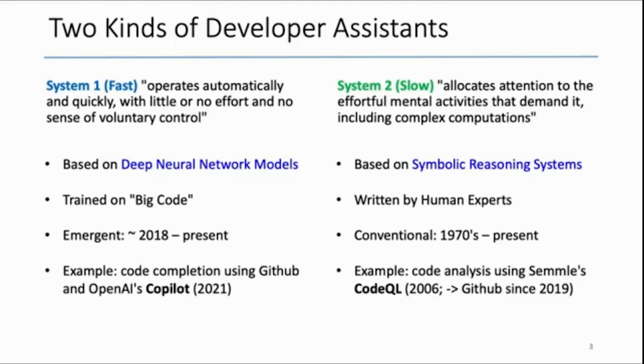And here are some of the latest incarnations of these two kinds of developer assistants, which you might or might not have heard about. So for system 2, my personal favorite is this static analysis framework called Semmle, which is now a part of GitHub. It began at the University of Oxford back in 2006, but was acquired by GitHub in 2019. And they have this declarative query language, which is similar to SQL for programming relational databases. And they call it CodeQL because the goal here is to query code rather than